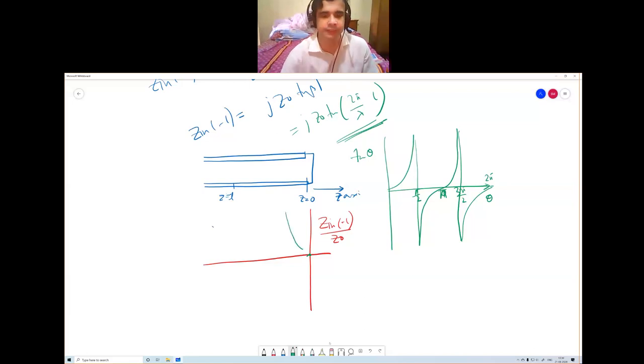Something like this, and at z equal to lambda by 4, if you plot L equal to lambda by 4 here, then you will find that tan theta becomes infinite. So see the fun. Here it is short circuited. But at this point, if I see the short circuited line, it looks like it is open circuited to us. Did you get this point or not?